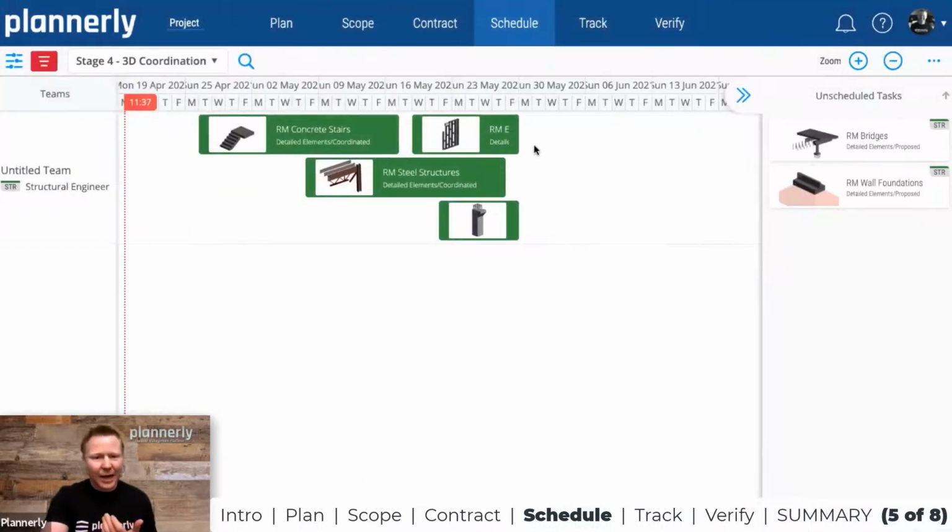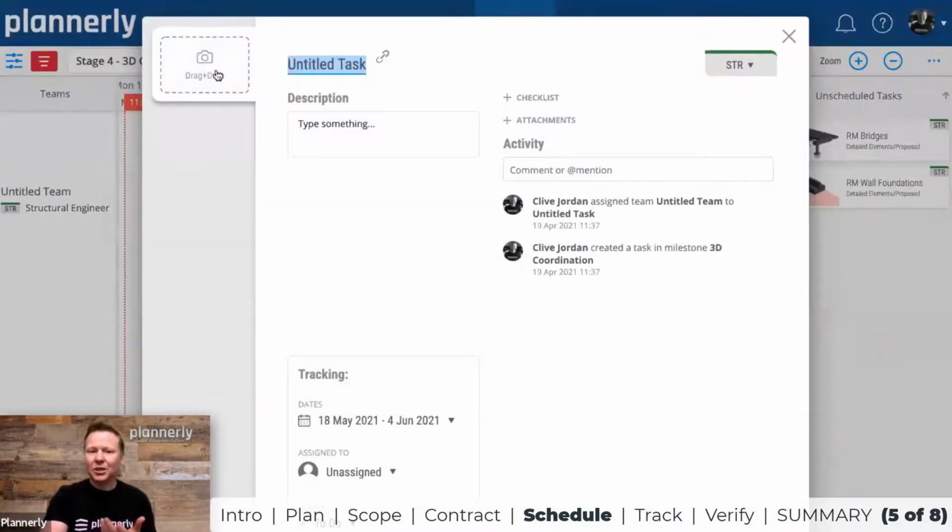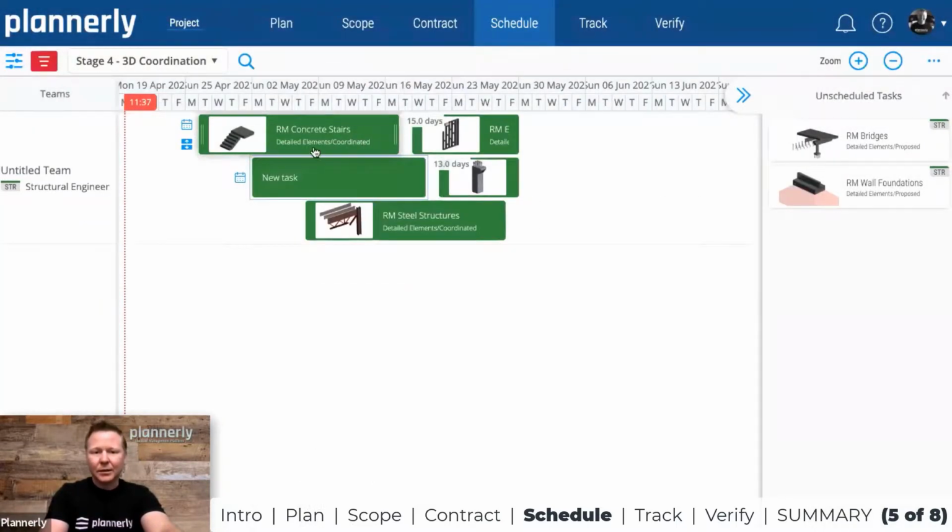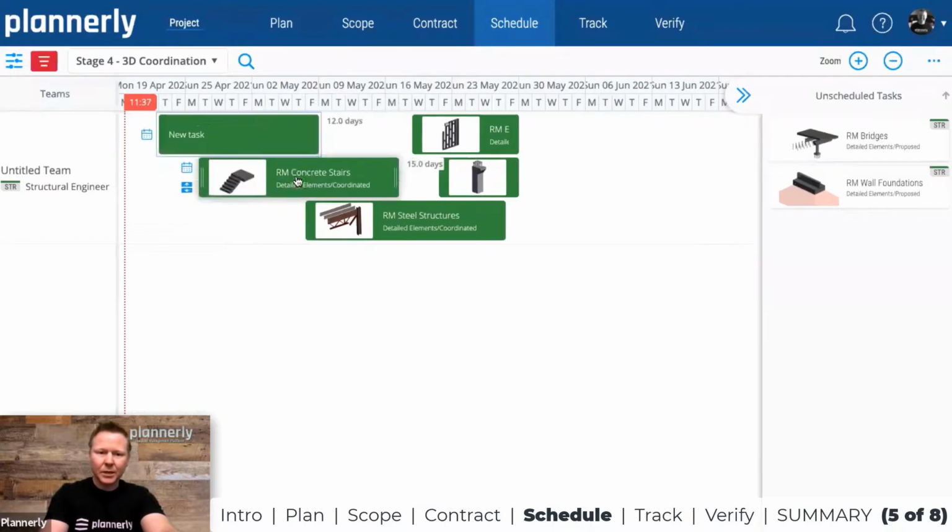This can be complemented by adding your own tasks in the timeline, such as untitled, custom tasks, new tasks, and everything in here is very flexible and very easy to update as well. We can define dependencies between these. So we could say from one task to another task, that needs to be a dependency. If there is a dependency that is critical, we will see it in red. Usually when you have a dependency between teams, it's very important to have a discussion if there is a dependency that is red, because it is showing that maybe we're not going to be done in time for these guys to have all of the information to place the columns, for example.